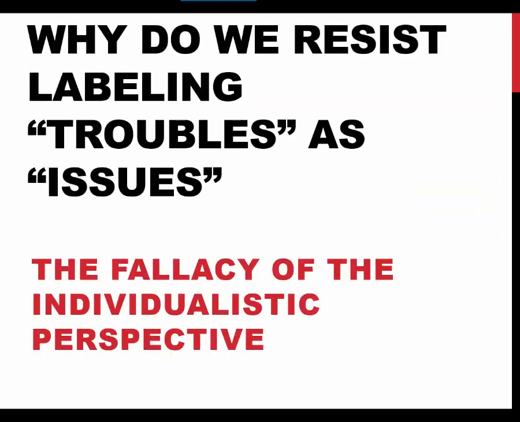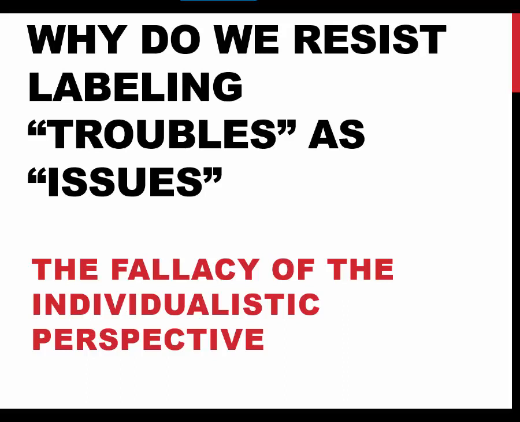And so, walking you through this example is really just to show you how sociologists think when they use the sociological perspective or imagination. We don't just point the finger at individuals and say it's your fault that you're obese, it's your fault that you're poor, it's your fault that you did not pursue higher education. As sociologists, we always take a step back, and before we assume that something is a trouble, we really make sure that it isn't in fact social in nature, that it isn't a social issue we are dealing with,